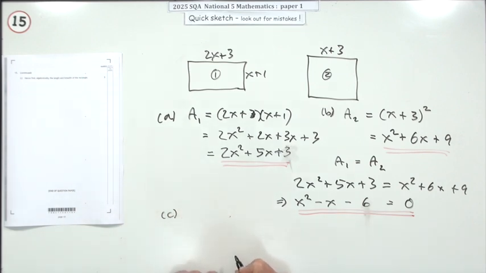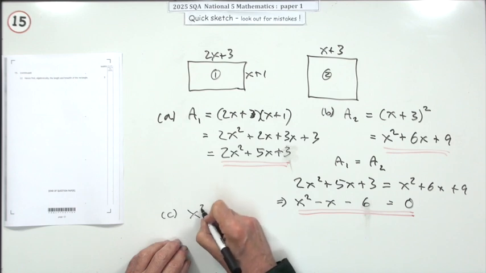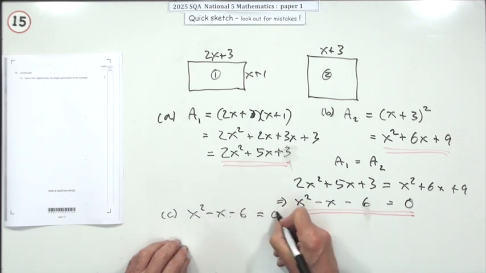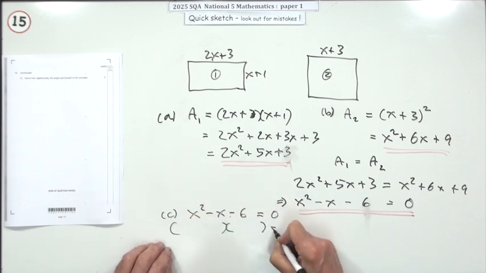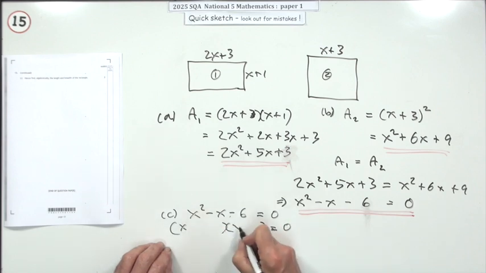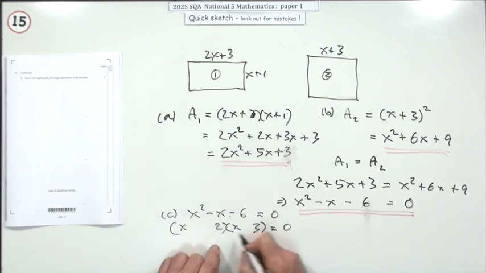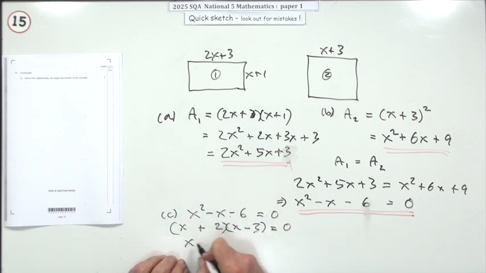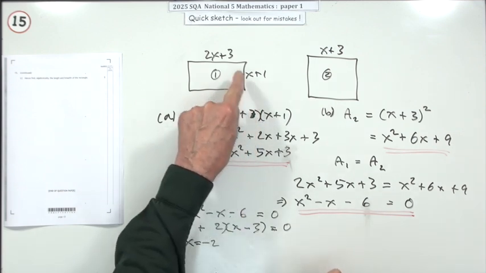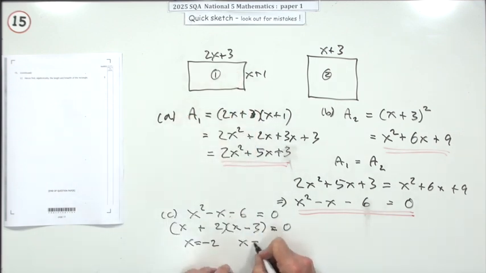Part C says, hence find the length and breadth of the rectangle. Well, that just means find what this x is, solve that equation. So if you've got x squared minus x minus 6 equals 0, factorise it. Not going to take an awful lot. That'll be an x times an x, a 2 times a 3 to make 6. And with a negative, I want to make the larger one the negative. So now I get two answers. x is negative 2, which is no use, because that side only adds 1 on. You won't have a negative side. Or x equals 3. So x equals 3 is the one that you want,